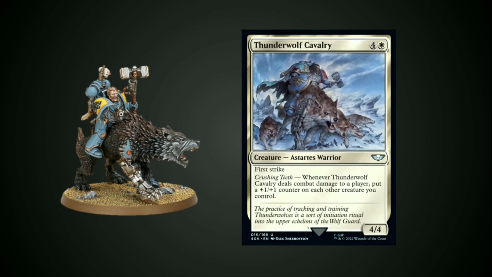And we got a number of cards that can buff all of your forces. If you're making lots of tokens, obviously you want to make them stronger, right? So the Thunderwolf Cavalry is 5 mana for a 4/4 with First Strike, and whenever it deals combat damage to a player, you put a +1/+1 counter on each other creature you control, which is pretty crazy. I do not like the thought of having to put +1/+1 counters on tokens, but it is a very powerful